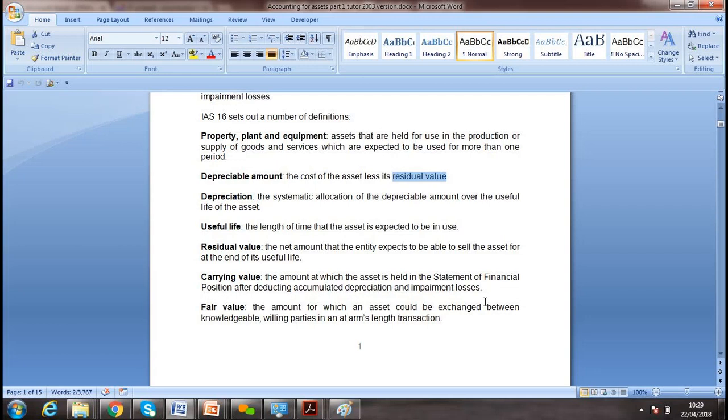Like, at the end of the asset's life, we sell it. Like we have an old car, it's not working. Still, we can scrap it. So it has a scrap value. So that scrap value is subtracted from the cost we bought it for, and then we can depreciate according to every year. Okay. The net amount that the entity expects to be able to sell it for at the end of the